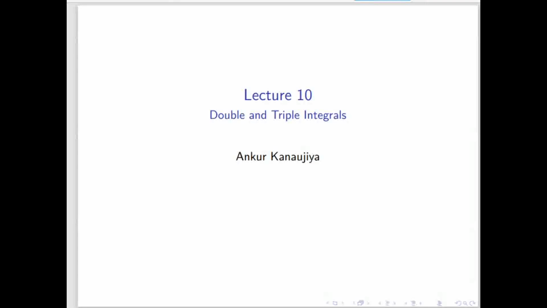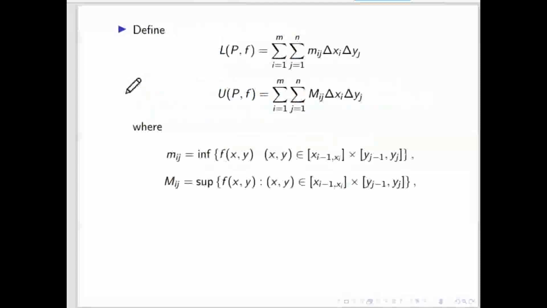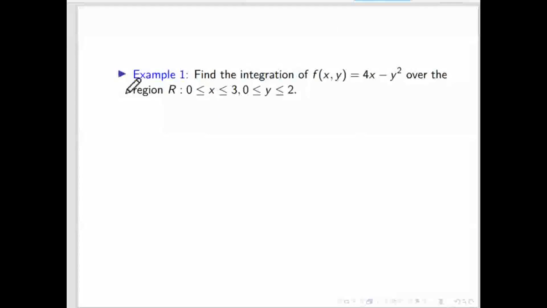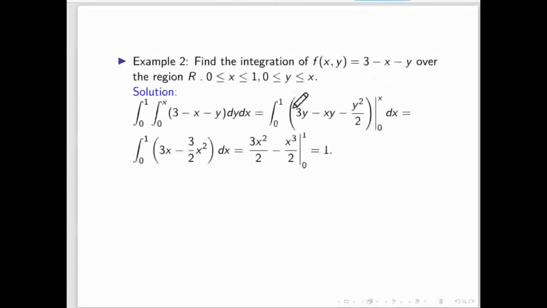Last class, we have seen double integrals and two variants of Fubini's theorem. One is if the domain is a rectangle, then we can change the order of integration. That means we can integrate with respect to x first or with respect to y, and the answer will not change. We have seen this example number 1 in the last class. That is the first version of Fubini's theorem.